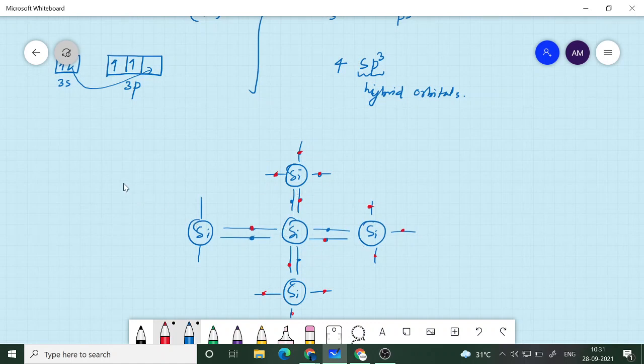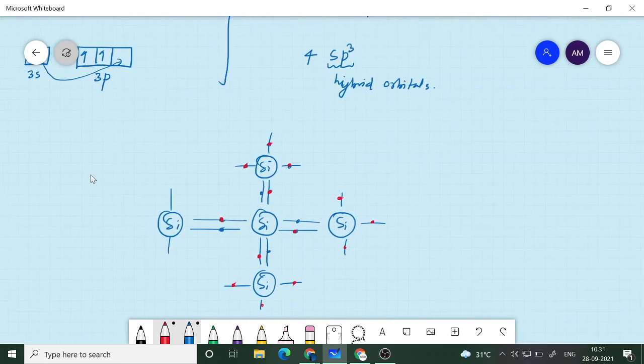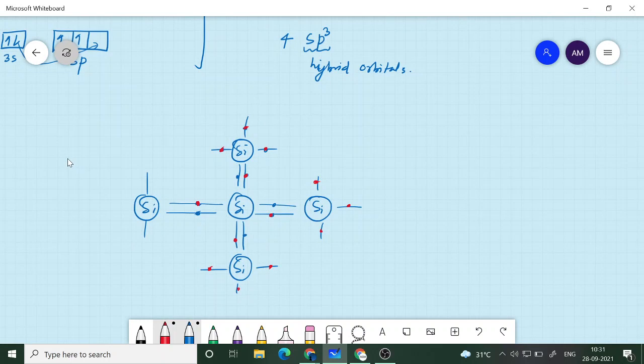In order to form the tetrahedral shape, the unit lattice will begin to look like an FCC lattice with 2 silicon atoms for each lattice point. So that structure actually comes out of the requirement of the outer shell to satisfy 8 electrons. Okay, so that is the origin of this.